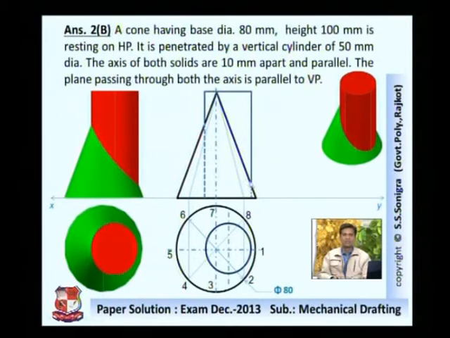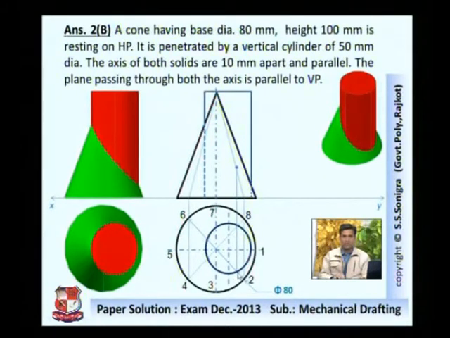So how to find out these intermediate points, to join this smooth curve? For that, let me pick up the points of intersection between the imaginary generators and this cylinder. You can see here the imaginary generator O1 cuts the cylinder over here at this point. So this is our first point. Then imaginary generator O2 cuts this circular cylinder at this point. The periphery of the cylinder is cut by this O2 at this point.